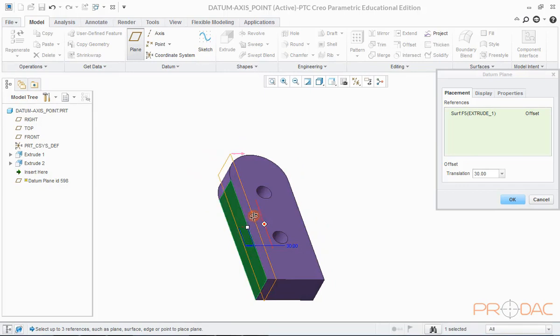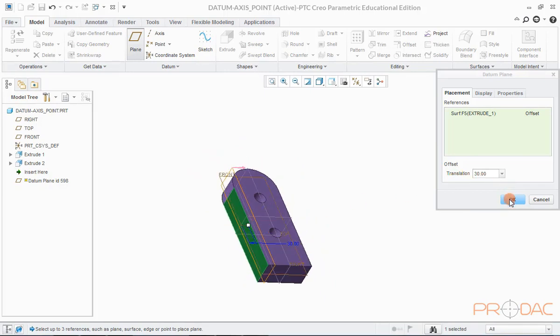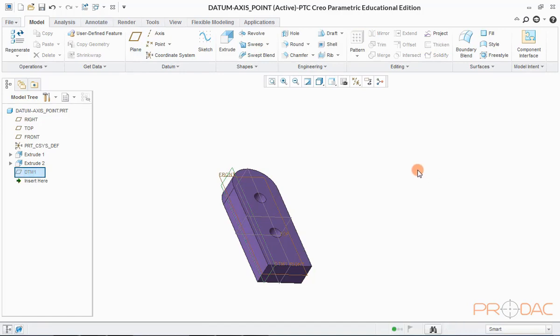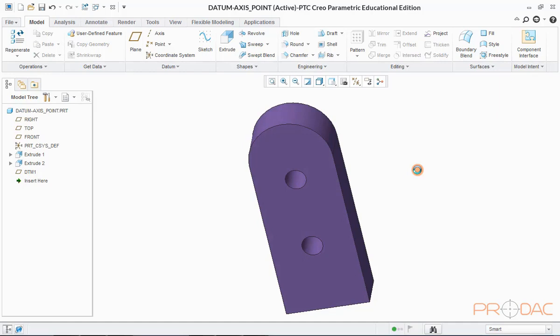Now, click on the OK button. You can notice that a new datum feature is created in the model tree. Press Ctrl+D to fit the model into the screen.